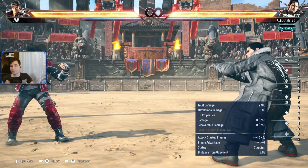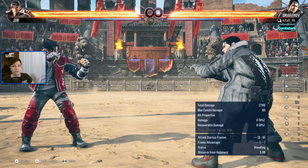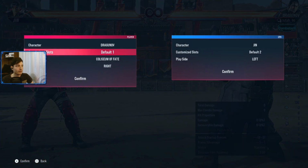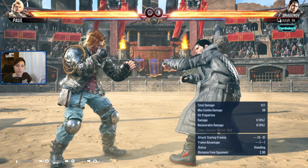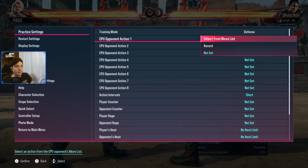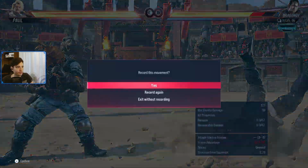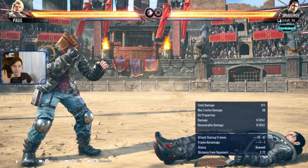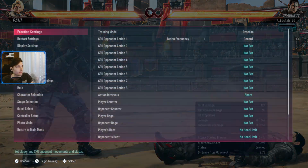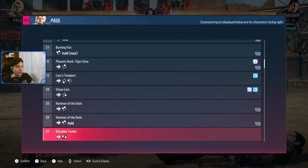Then there are ways to train your backdash. One way is to go into practice mode and select as a dummy Paul Phoenix. So once you pick Paul as a dummy, you want to record this string, downward 1, 1, 2. Try to do it as quickly as possible, but don't select it from the move list. Otherwise, if you just do something like this, you do select from move list and you'll find downward 1, 1, 2,